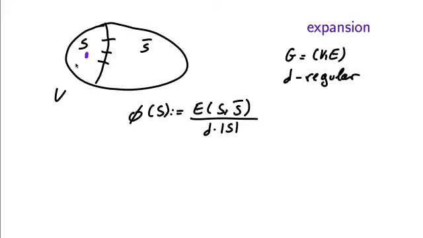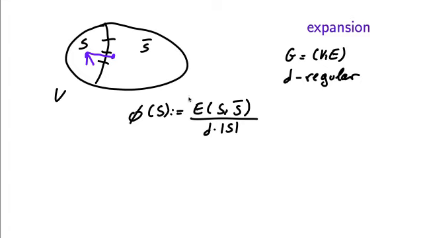We pick uniformly at random an element of S, and then we move at random to one of its d neighbors, again uniformly at random. So maybe S has these 3 neighbors and we pick this one. Well, then the expansion of S is precisely the probability under this distribution that we end up with a vertex